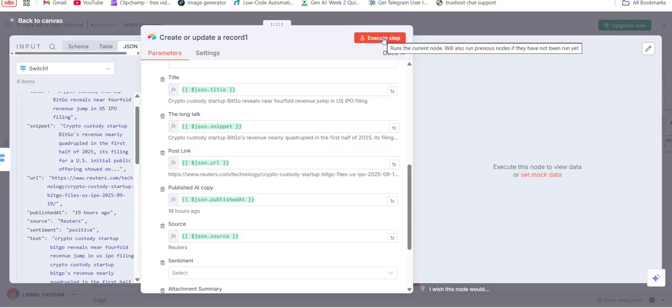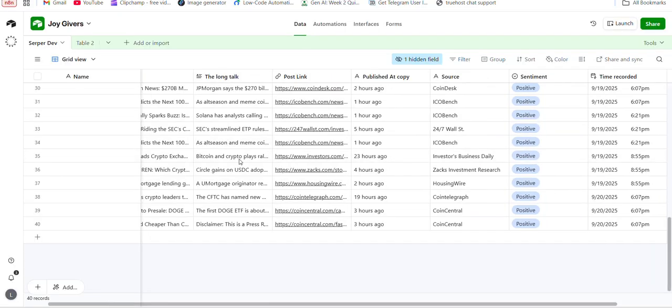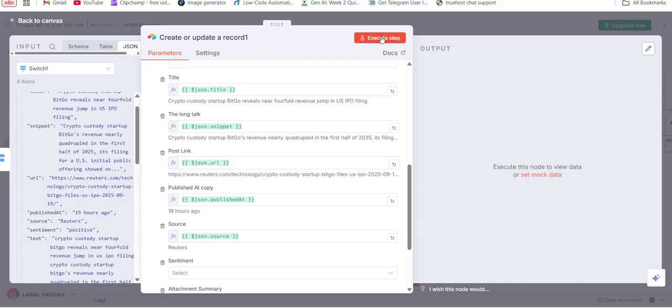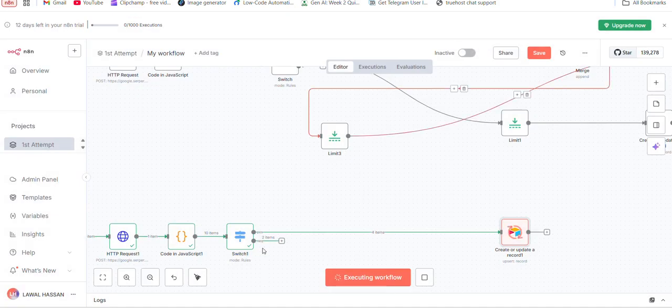Then if you execute the step, it is going to update your table asap. Now you know I'm having 4 items coming in from here. Now looking at my Airtable, which is my joy givers, we have 40 currently. If I run this, I should be having 44 now. So we will check this later. It is running. Now for the negative,